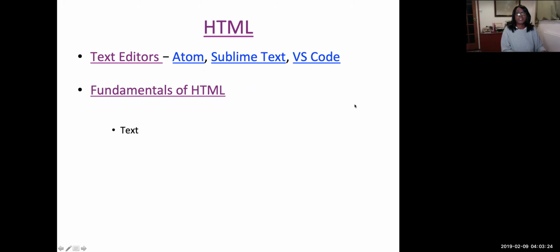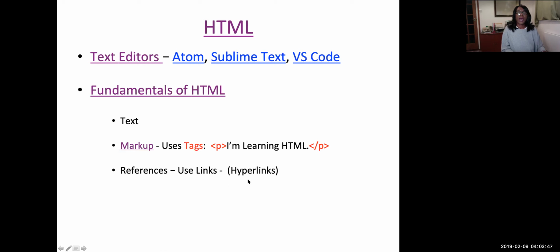The fundamentals of HTML are text. Markup: HTML uses markup, which uses tags such as the paragraph opening tag and closing tag that you see here, with a sentence or paragraph in between those tags. So we'll be looking at some of the tags, not all of them, mind, but just some of them, and demonstrating how they work. And HTML, because it's text-based, also uses references,